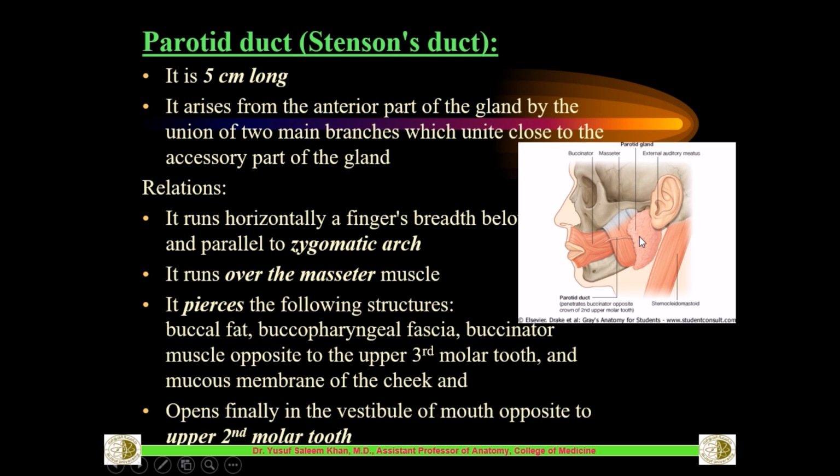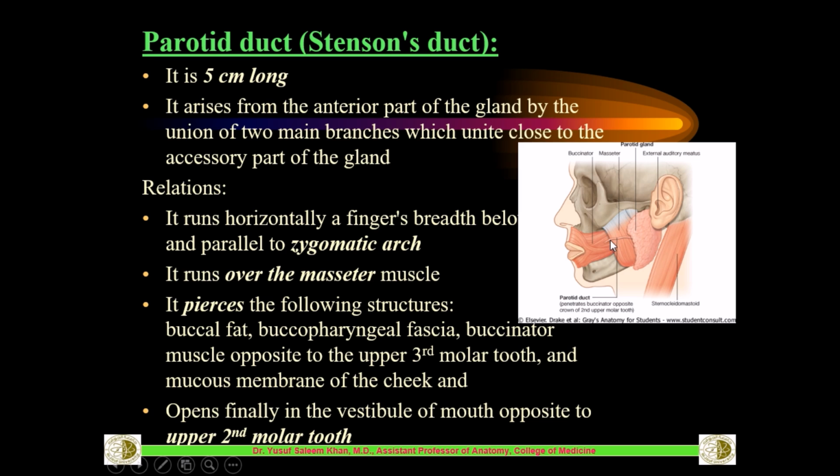Relations: it runs horizontally, not vertically, a finger's breadth below and parallel to the zygomatic arch. The zygomatic arch is here, and almost a finger's breadth below that will be the parotid duct. It runs over this muscle, which is called the masseter muscle. It runs superficial to the masseter muscle, and it pierces the structures from superficial to deep, that is the